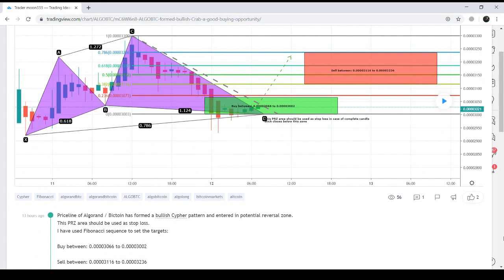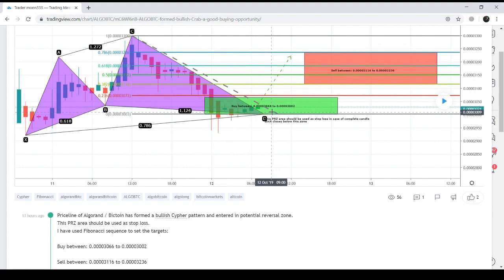Our next chart is ALGO with Bitcoin pair, and this coin is really very strong. More than 2,000 BTC are invested only on Binance in the trade volume of ALGO coin. And on this chart, the price action has completed the formation of a bullish shark pattern and entered in the potential